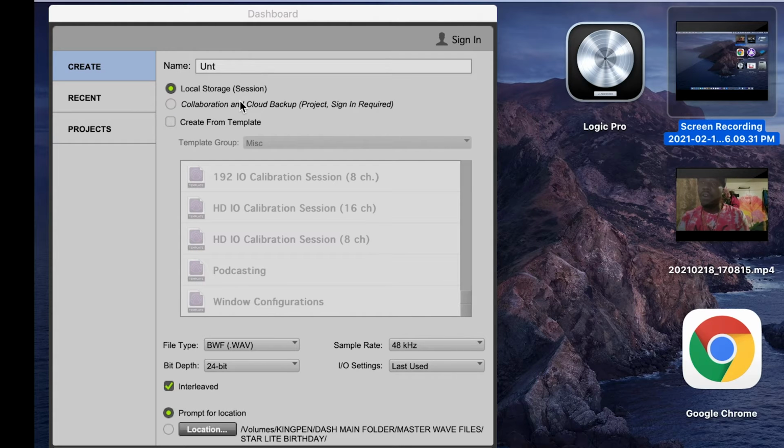Now, along with those parameters, once you open up the dashboard, it automatically by default opens up for you to store a new session within Pro Tools. It's going to say Name at the top, and when you see Name at the top, you just name your project. It's whatever you want to call it. For right now, we'll call it